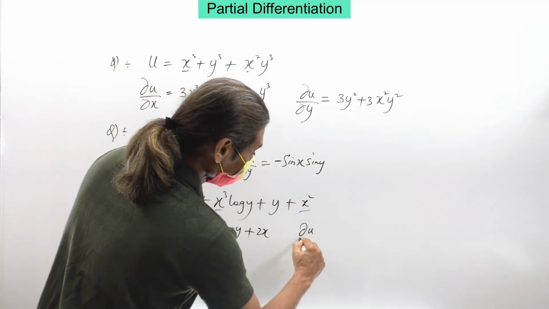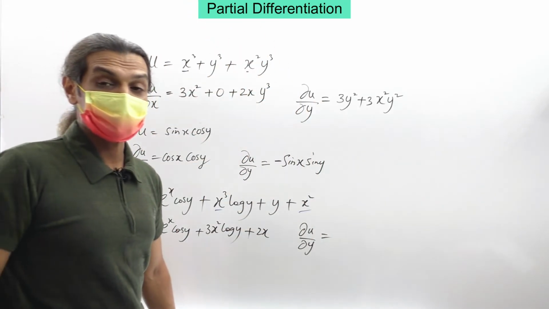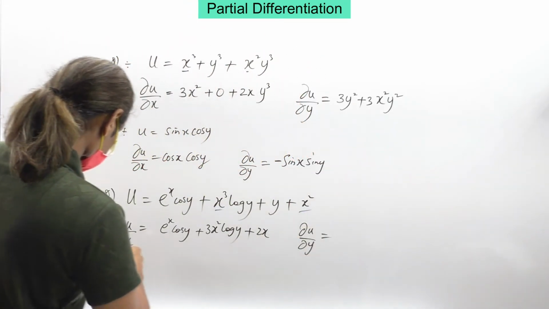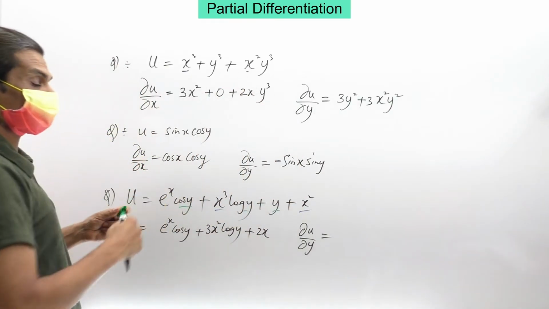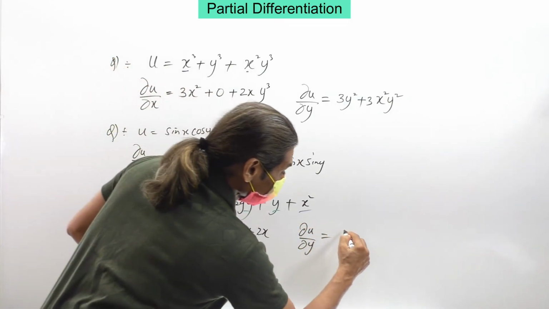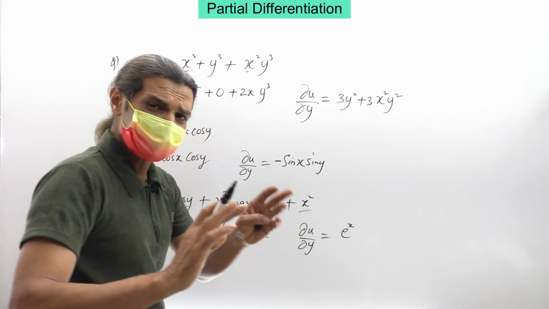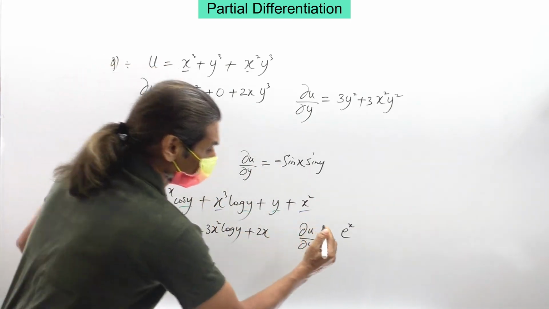Similarly, I can write ∂u/∂y equal to, finally here I am partially differentiating with respect to y. See, y is here and y is here and y is here, right? That means e raised to x as it is, don't touch it, keep it as it is. Differentiate only with respect to y, cos y is minus sin y,